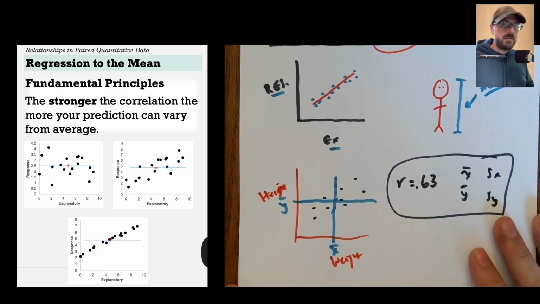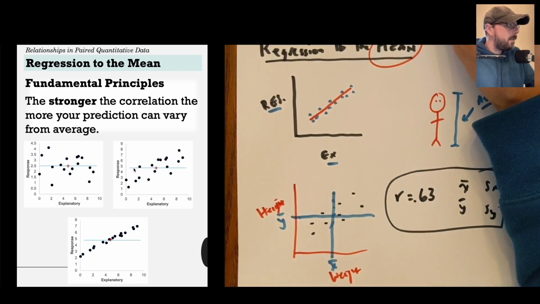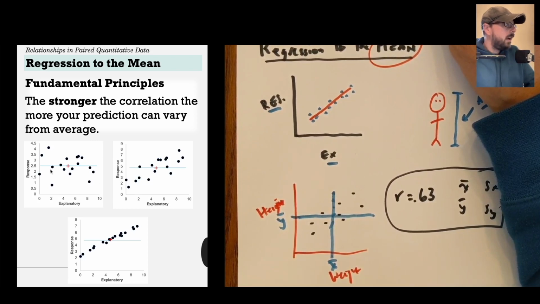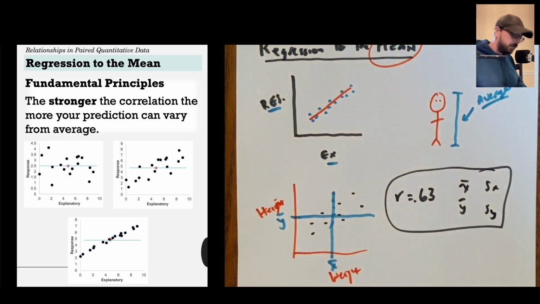All right, let's try to see that in a couple of completely contextless general scatter plots. Imagine we have these three scatter plots right here. In each of these, we can imagine making the average y value our prediction. Let's suppose we know that an individual takes the explanatory value 8, approximately 8, in all three cases. In which of these three scatter plots is the mean of y, represented by a blue line, a very plausible estimate for the value?